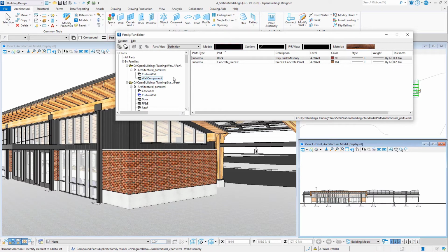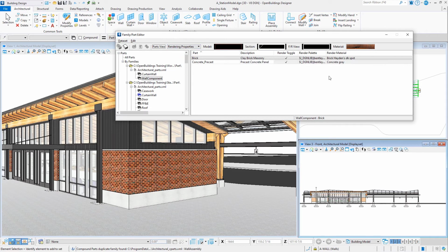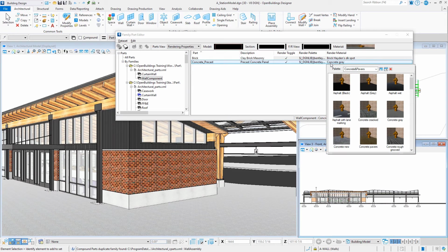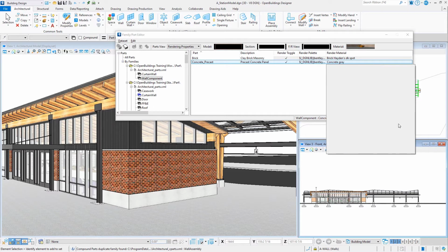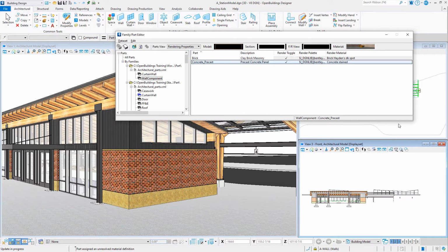It's reading the ones in my work set. So I'm going to go back to the rendering properties, and we'll start here. I'm going to change my precast concrete material and pick a different one, such as concrete stained. You'll see it immediately changes in the model. It's a little yellow there, but we'll adjust that later.